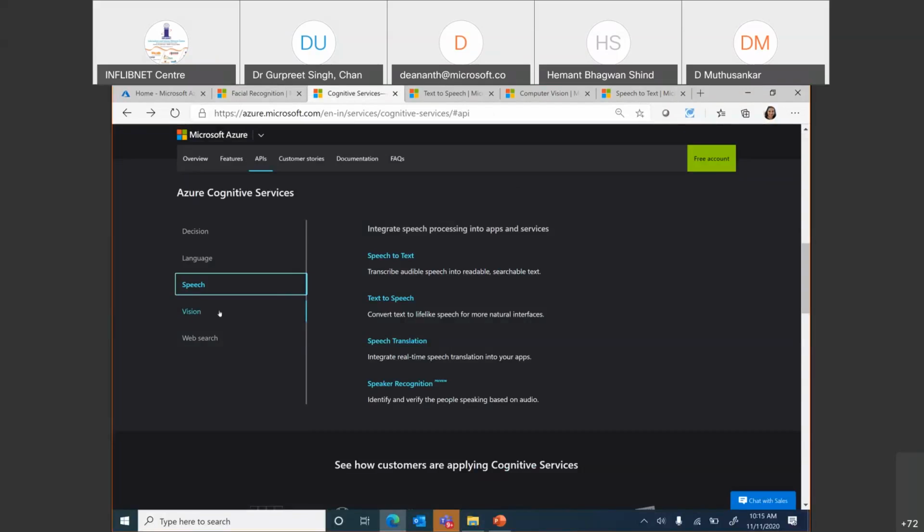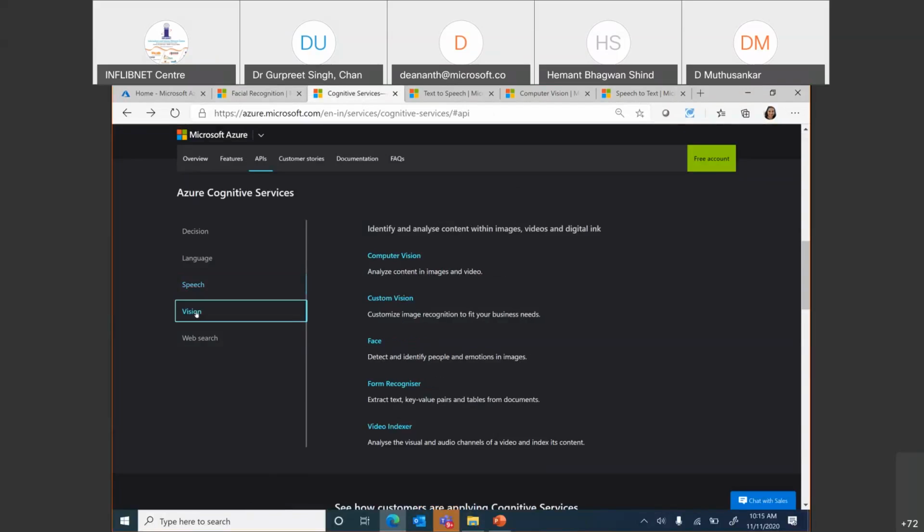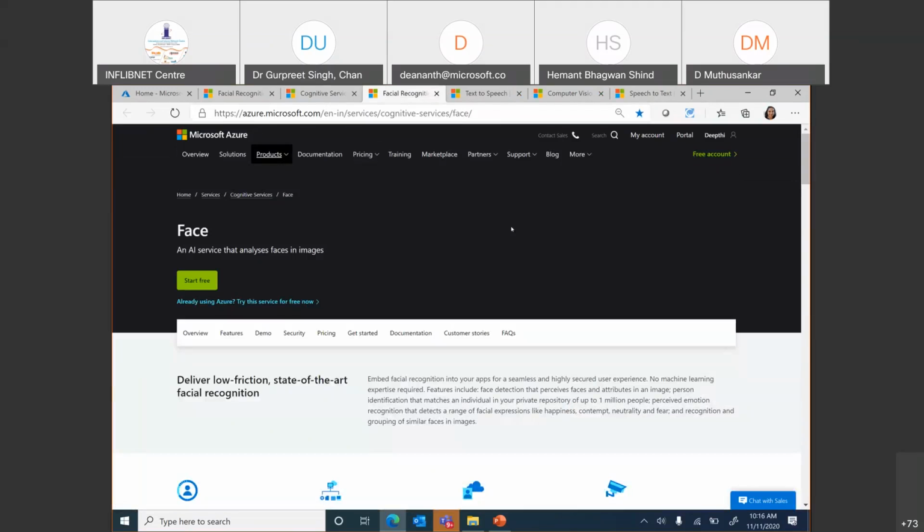So let's start with vision. We have got 5 different APIs over here in cognitive services. The first one happens to be the face. So when I open the face, what does face help us to do? A little bit of an issue where I would want to look at a different page and it's not allowing me to. Yes, there I go. Okay. So here I am on the face API page. What does the face API help us do?